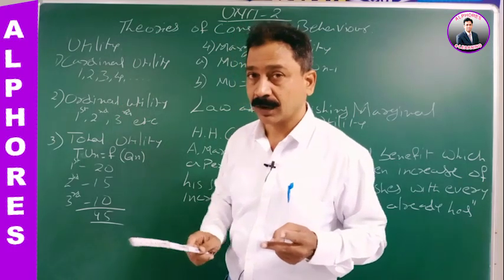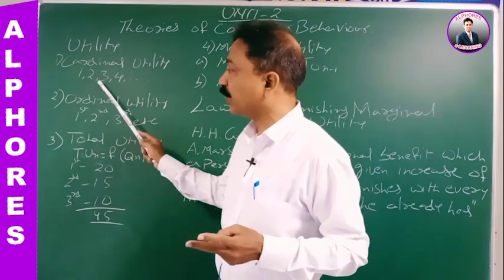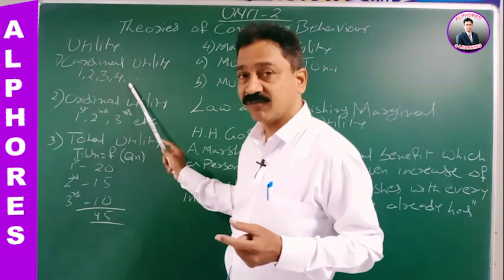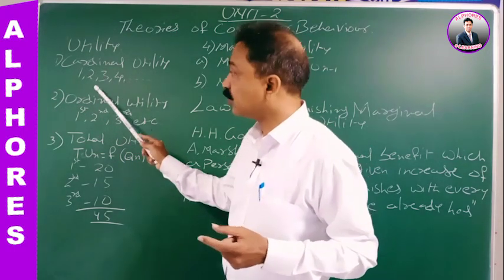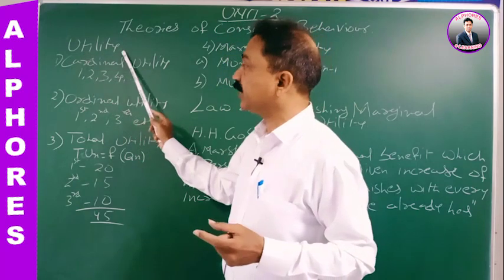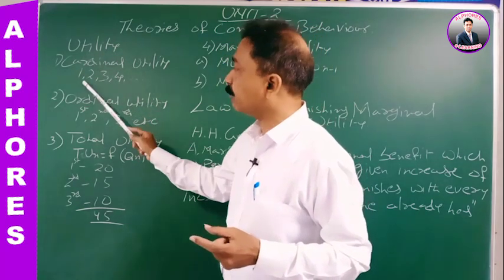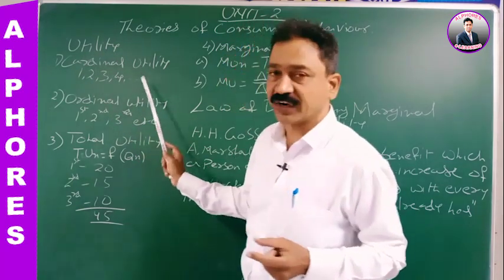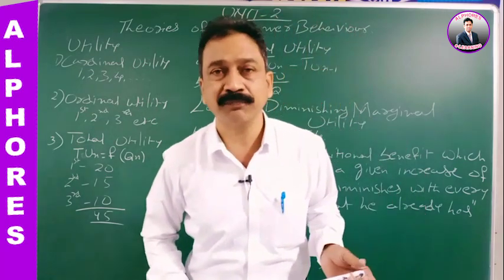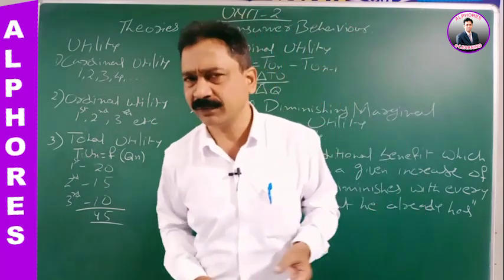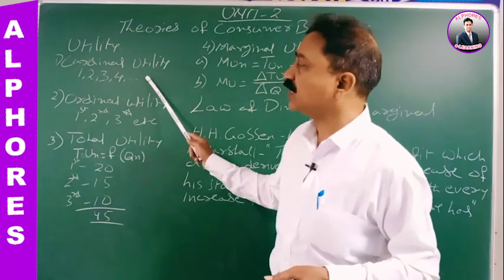At the same time, we know exactly which is in which place. So if you are measuring the utility, the satisfaction, with the help of cardinal numbers, then it is cardinal utility. Any more doubts? If you have any doubt, you can communicate with me. Now let us go to the second one,